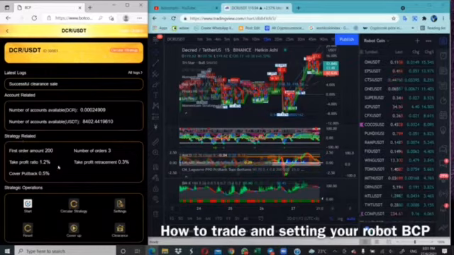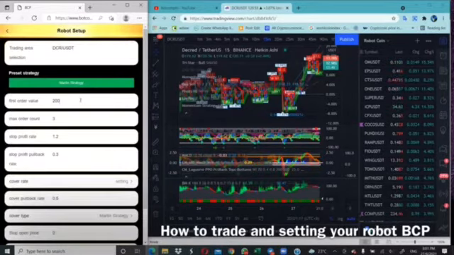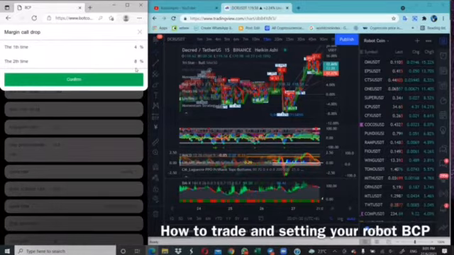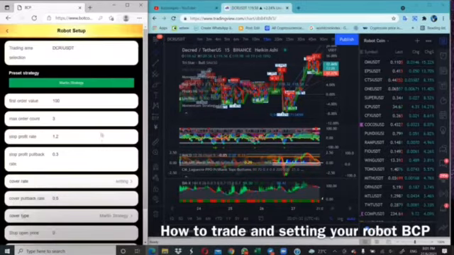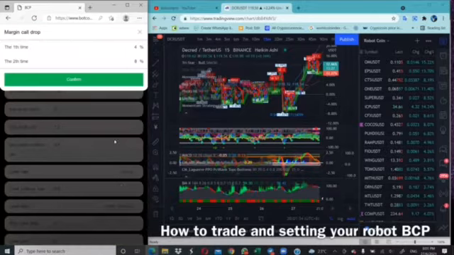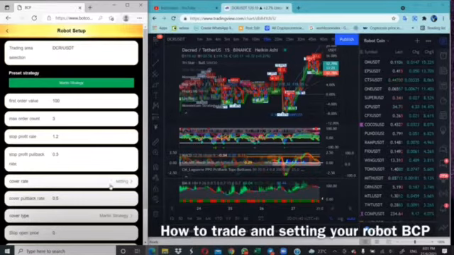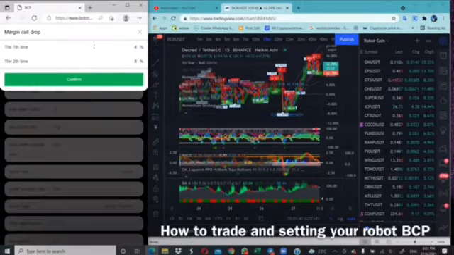For example, I want to buy here $200. So go to here, setting $100 first. And then this one, maximum counter 3. And then I go to setting here. I set 48, and then confirm. Why 48 here? 4% drop, buy again, 8% drop, buy again. This one is the marketing strategy.